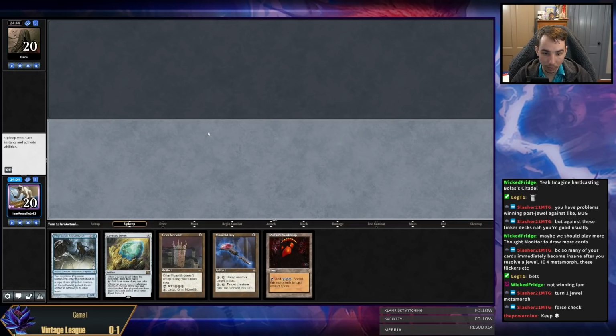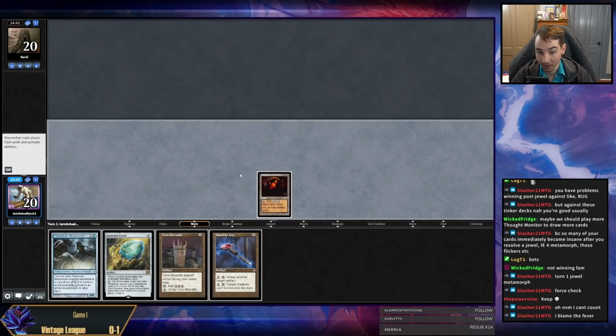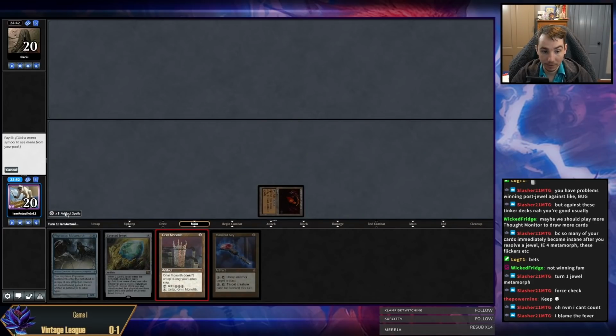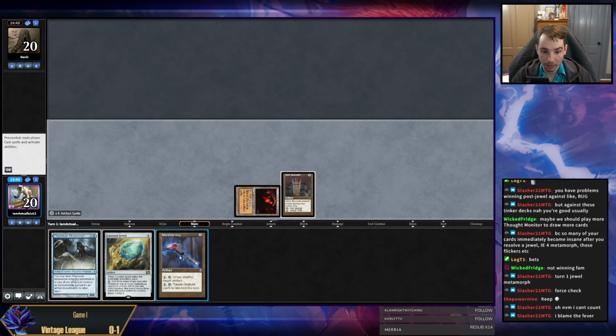Wait, how are we playing turn 1 Jewel? Am I missing something here? Oh, I can use my Metamorph as a Monolith for 1? I'm pretty sure we cannot play. I want to keep this Metamorph for after Jewel anyways, I think, so...